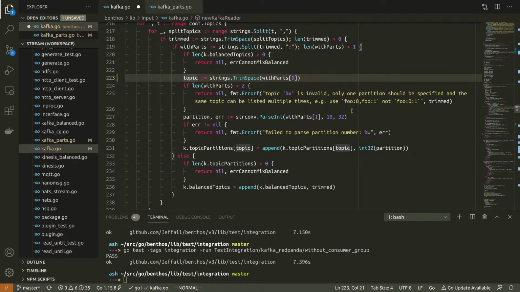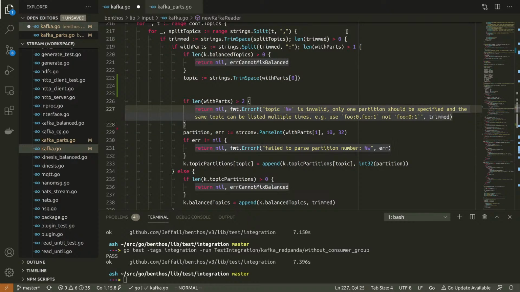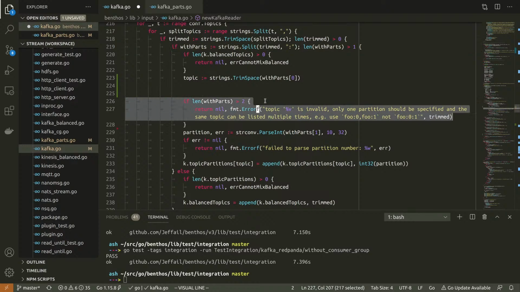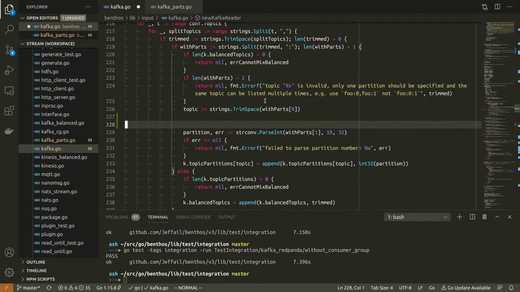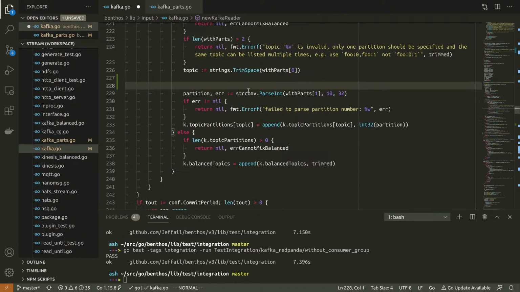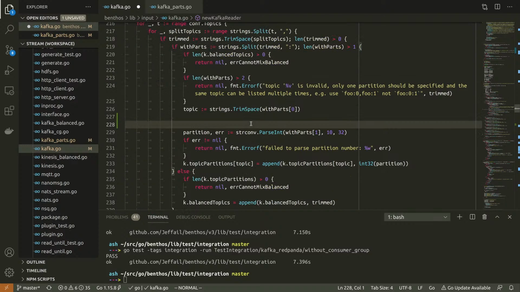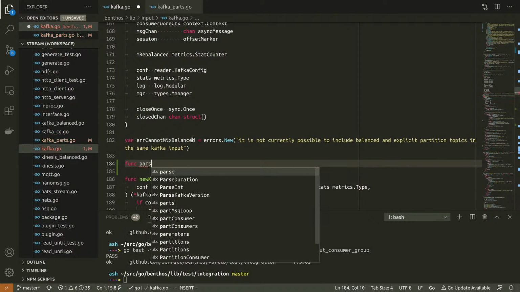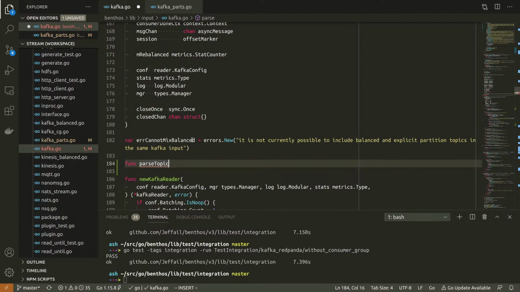Yeah. Okay, so we get the topic out and then we verify the syntax of the partition. So we verified that everything after the colon is valid. We still want this check in this block. So I'm going to pull out specifically the bit where we're extracting the number from the partitions into a function. Parse topic partitions.